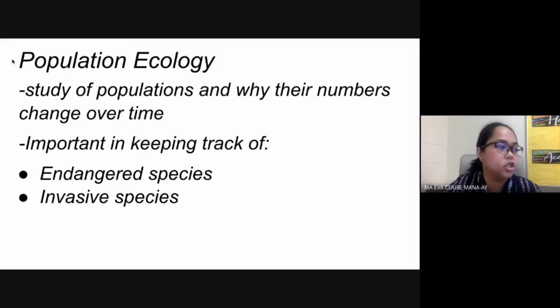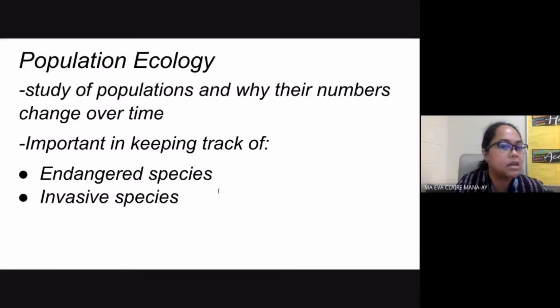Population ecology. By the term itself, you know that this is a study of populations and why their numbers change over time. How do the numbers of the members of a certain population change over time? That's population ecology. Now, this study is very important because your scientists, your ecologists, would use this to keep